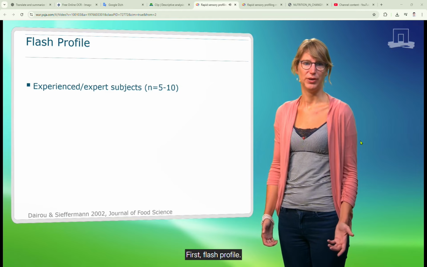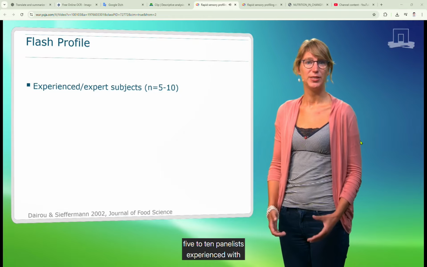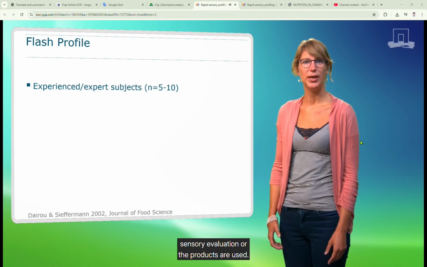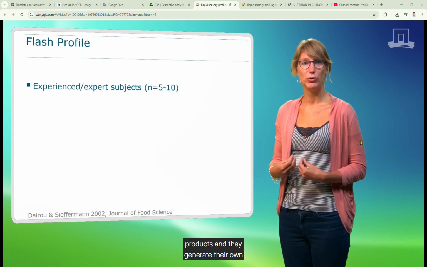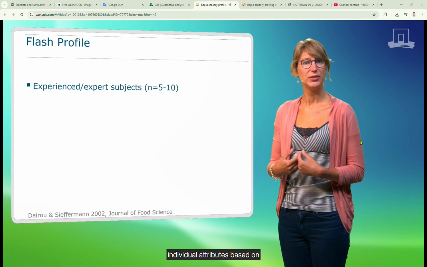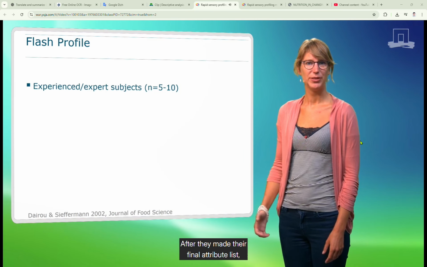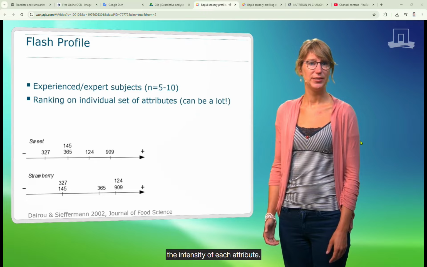First, flash profile. For flash profile, 5 to 10 panelists experienced with sensory evaluation or the products are used. They each receive the total set of products, and they generate their own individual attributes based on their perceived differences between the products. After they made their final attribute list, they rank the products based on the intensity of each